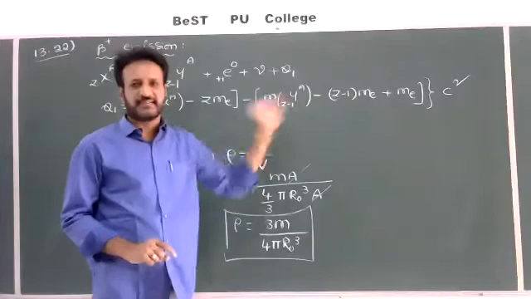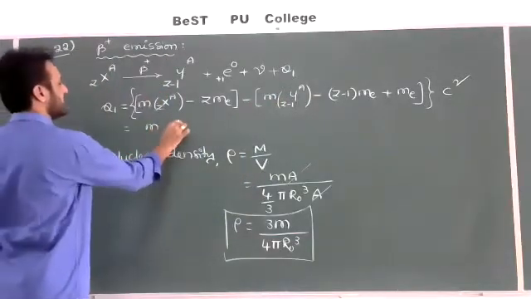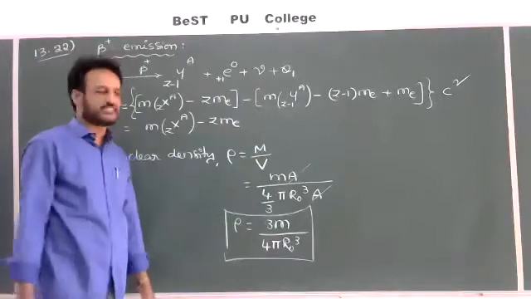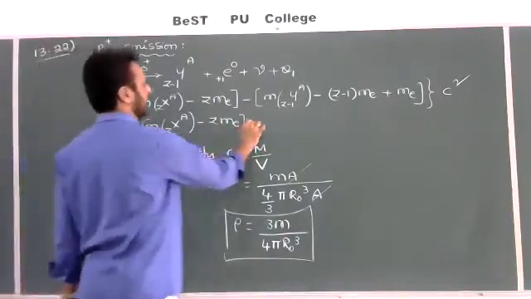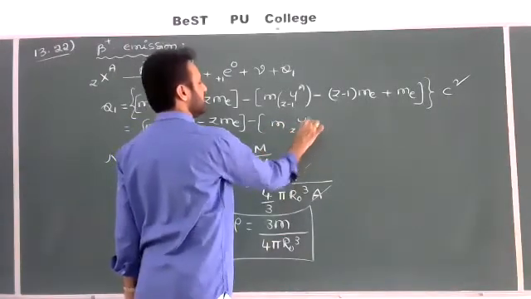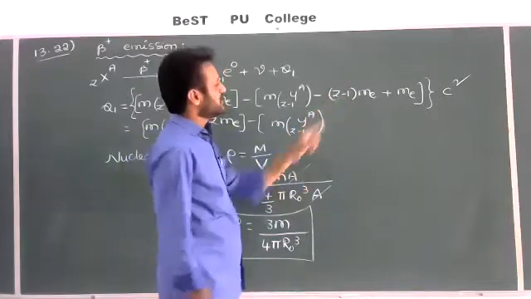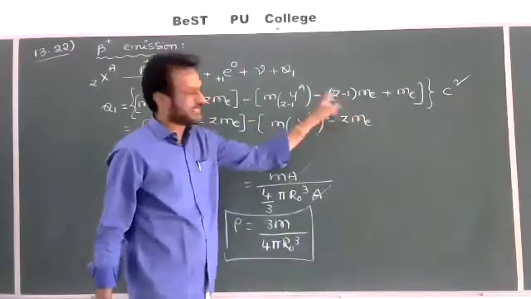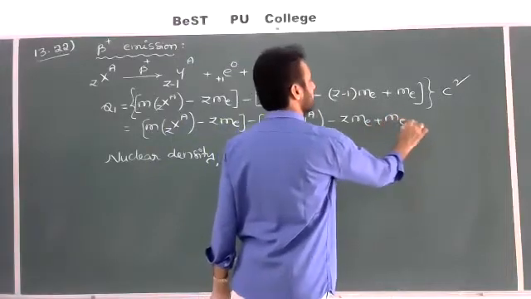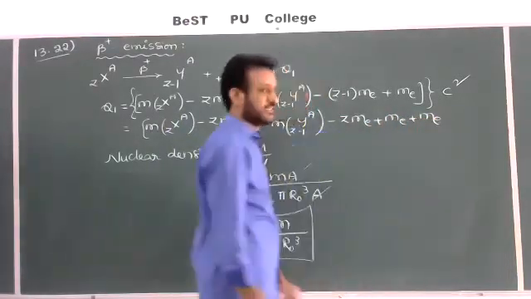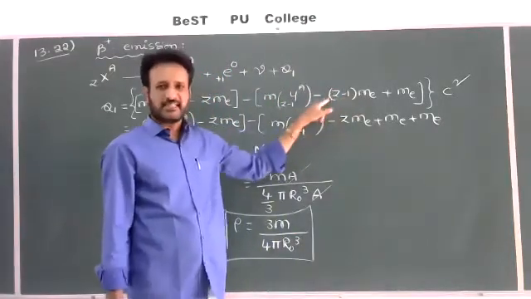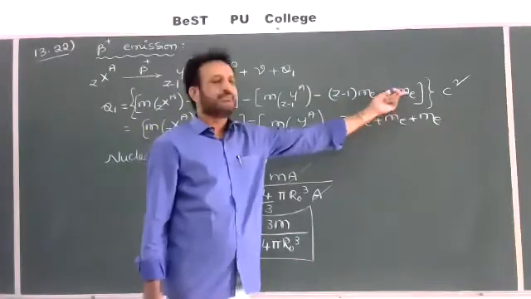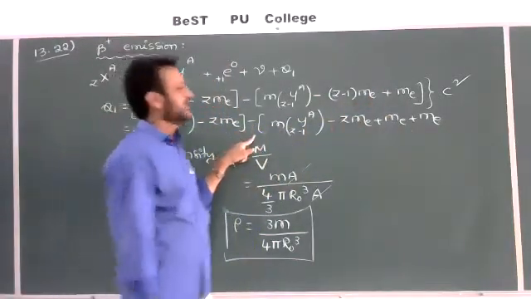Now open the bracket and simplify. That is equal to the mass of X Z A minus Z into Me, minus the mass of Y Z minus 1 A. Here, multiplying out, minus Z into Me gives minus Z Me, and minus into minus gives plus Me, so also plus Me should be written. The bracket is only for this part: minus (Z minus 1) Me equals minus Z Me plus Me. The other plus Me is written the same. This main bracket I have not opened. Now into c squared.